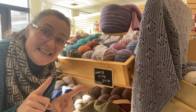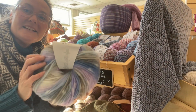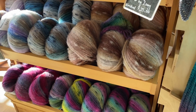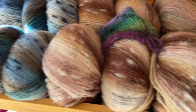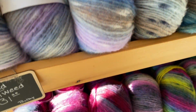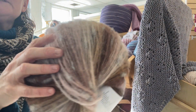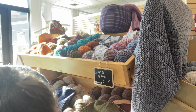I wanted to pause here because I'm right by the Cloud Tweed, and Cloud Tweed by Lang is having a moment right now. This is a bulky weight, but super light because it's chainette. It's a yarn blend of wool, poly, and baby alpaca. And it's having a moment because of a sweater called the Trout Sweater. So you can see these fun little flecks, and the colorway of the Trout Sweater, if you go on Ravelry, is out of stock